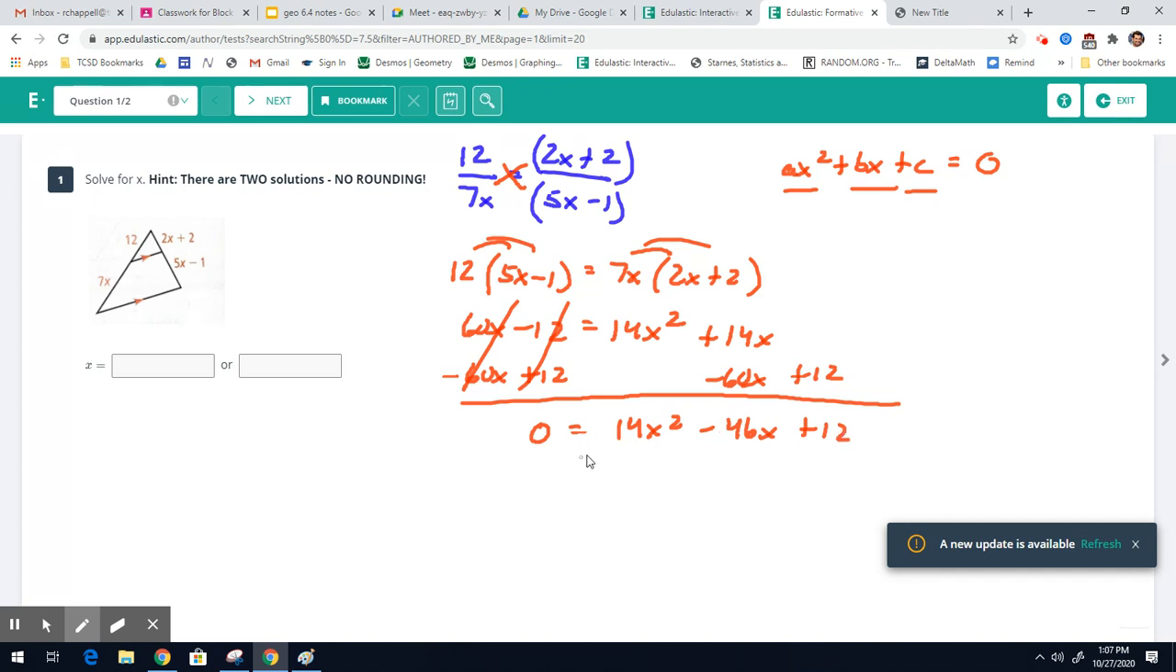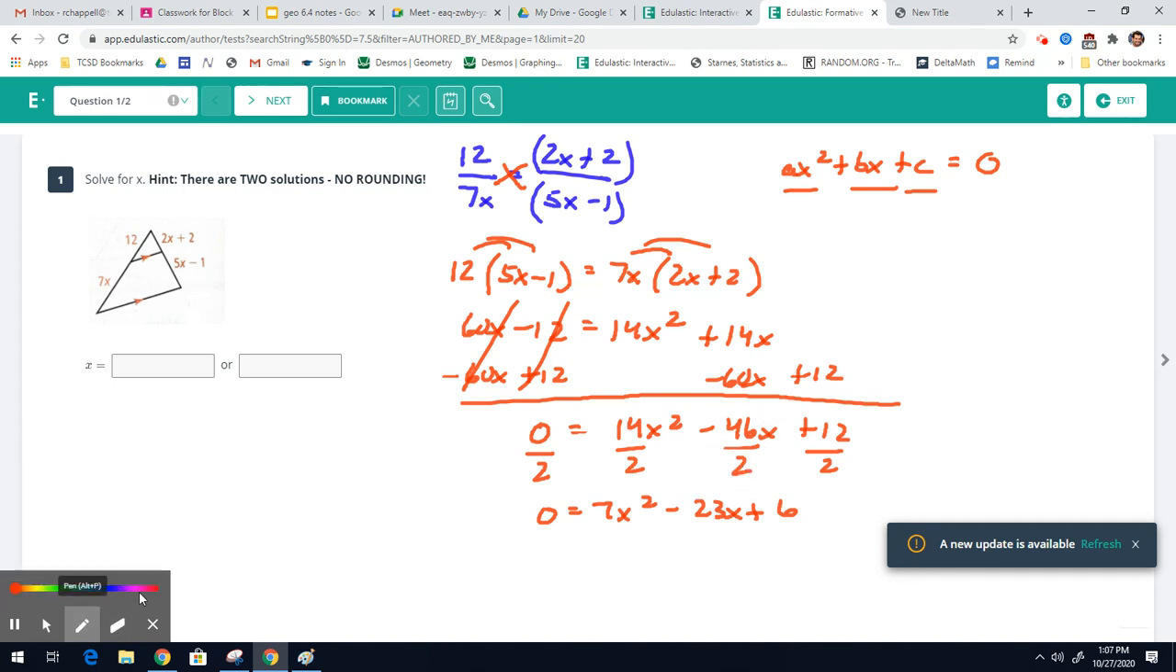Now, before we look to solve this, can we divide out a common factor? Well, yes, all of these numbers are even. So you can divide the 12 by 2, the 46 by 2, the 14 by 2, and you have to make sure you divide the 0 by 2. But 0 divided by 2 is still 0. And this is now 7x squared minus 23x plus 6. If you didn't do that step, it's not the end of the world, but you would have a lot bigger